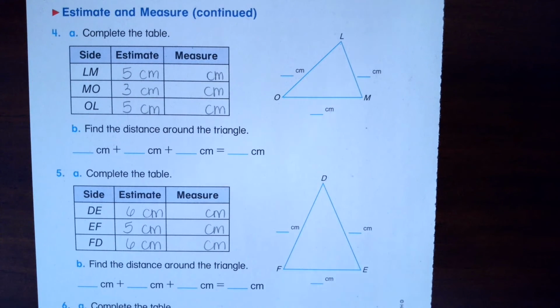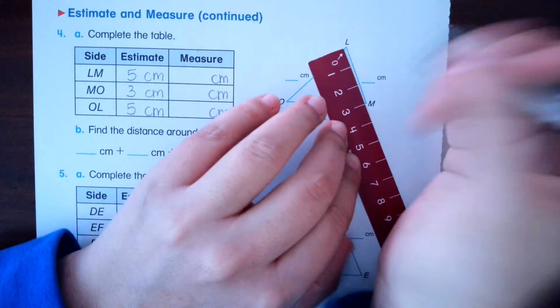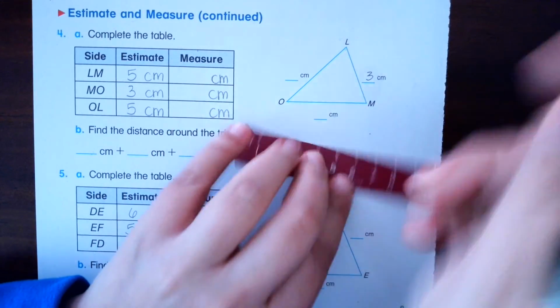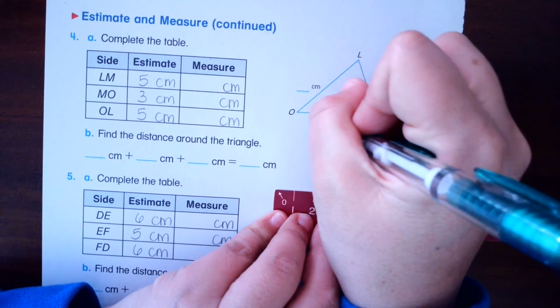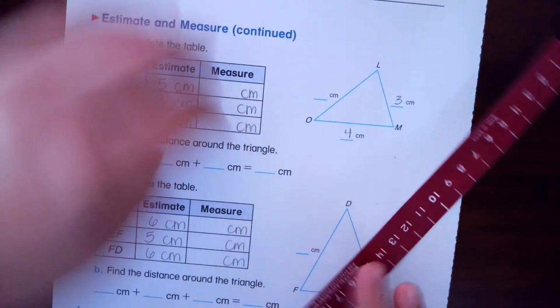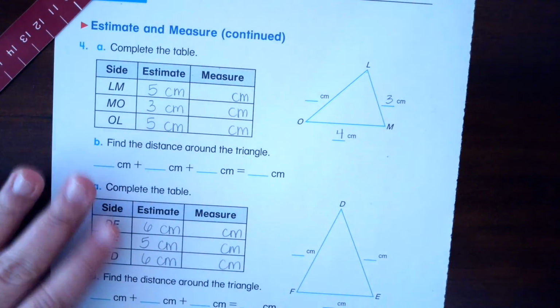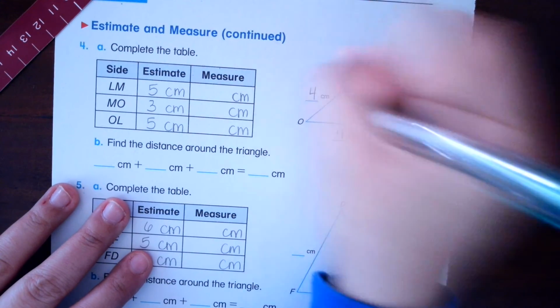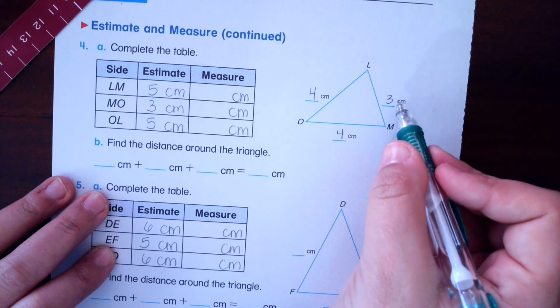All right, friends, how'd you do? Let's see how I did. All right, LM is 3 centimeters. MO is 4 centimeters. And OL is also 4 centimeters. So now I'm going to fill